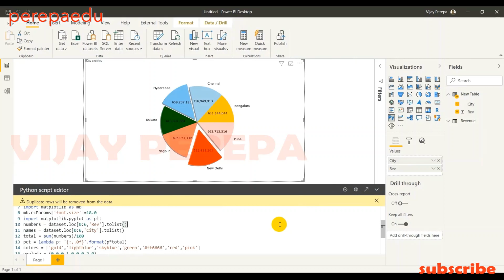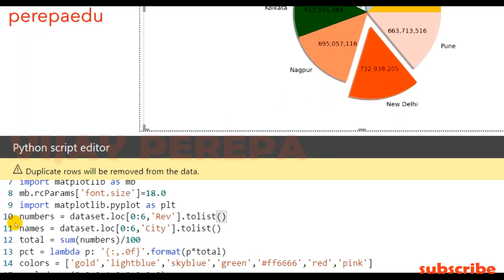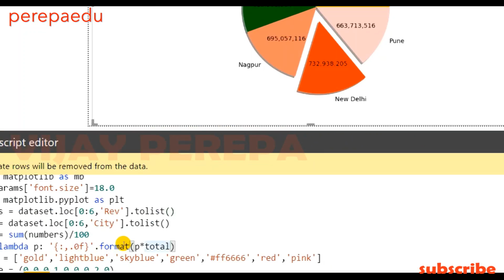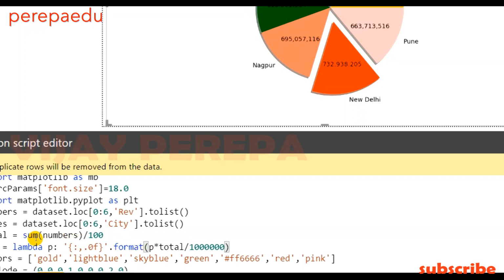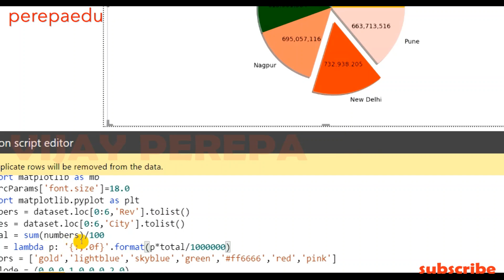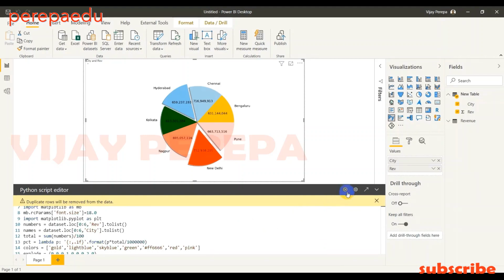I can see the complete number on the chart, but the complete number is again taking a lot of space. I want only millions. Same way we do in Excel, we need to go to the total, and there I add 1 million. When I convert into a million, the number will be like 695, 732 or 733. I want a decimal at least. So single decimal: instead of 0 float values, I want 1 float value. And then if I run this code, you can see that the number is coming, 732.9.